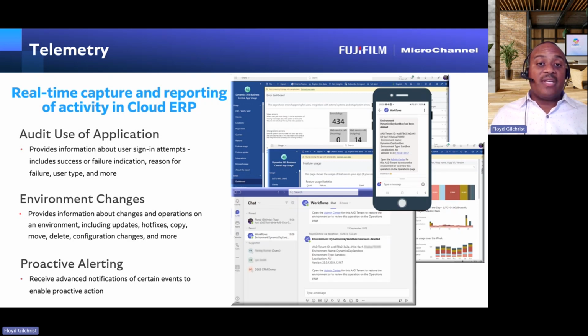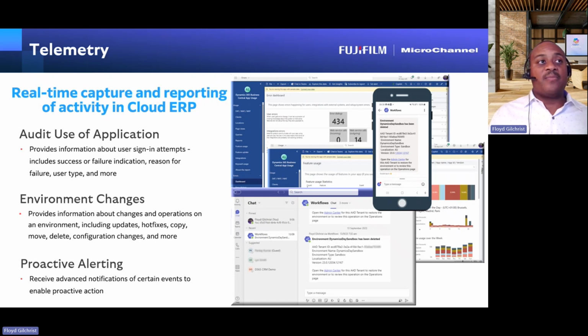And most importantly, I can actually set up proactive alerting. So that is actually probably one of the critical components. So going back to what Adair was talking about, yes, you can actually see various things that are occurring within the application. Some of those things automatically are managed by the cloud provider, as Adair mentioned, and they'll know about things before you do. But then also from your perspective, you can also set up your own alerting and see exactly what's happening in that environment.